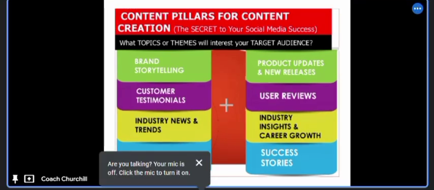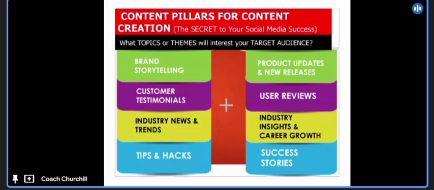So I was saying that you need content pillars if you're going to be creating content consistently. And I said, what are content pillars? Content pillars are topics and themes that will interest your target audience, things you can create content from. And I gave an example. I said, for me, for instance, because I do wealth coaching, one of my content pillars is investing. I teach about investing. Another content pillar for me is creating online income because I teach people how to create